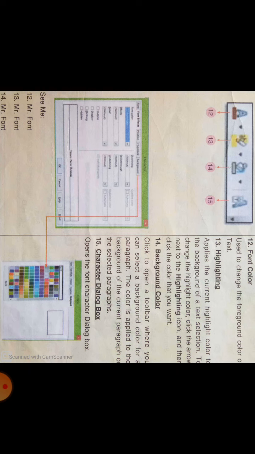Tool 13, highlighting. Applies the current highlighting color to the background of a text selection. To change the highlight color, click the arrow next to the highlighting icon and then click the color that you want.